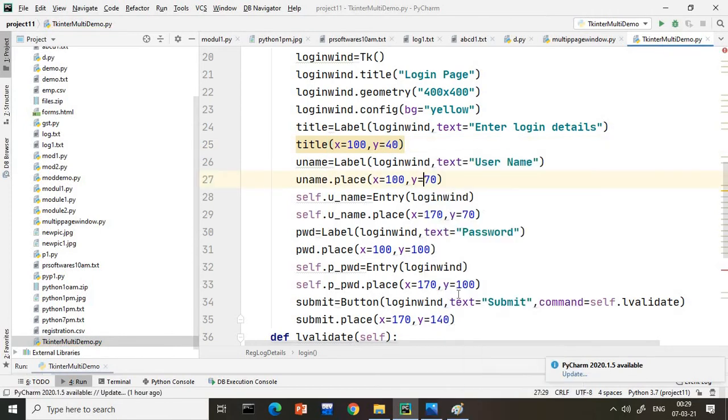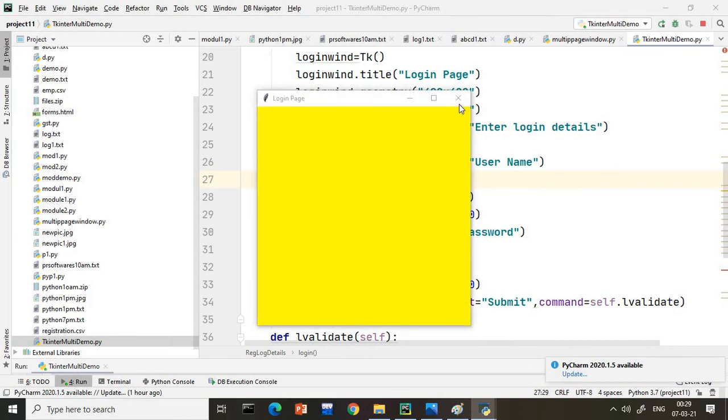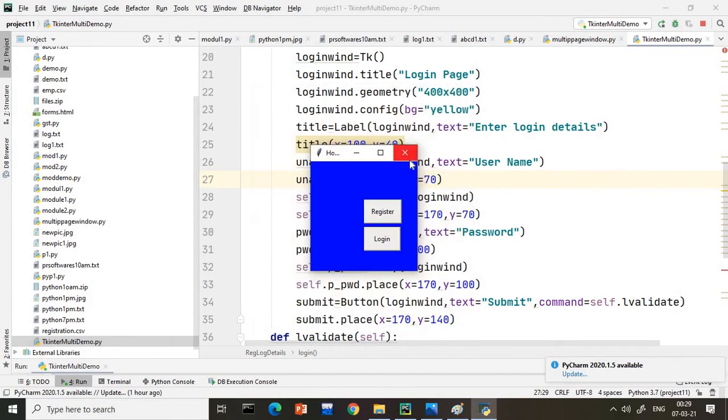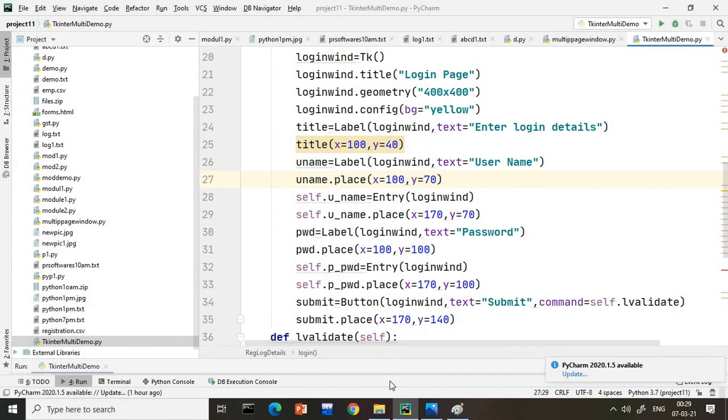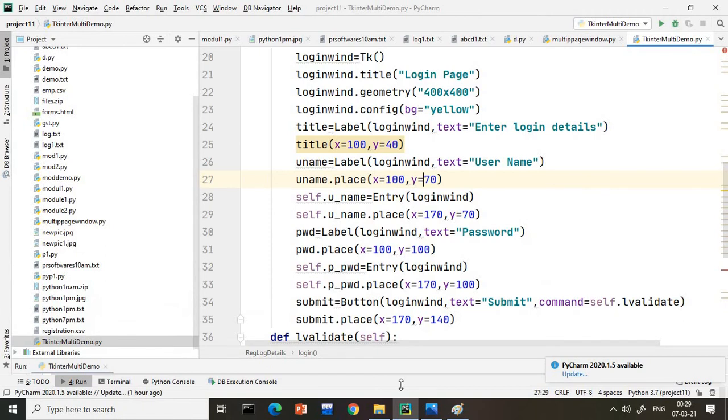Now our page will look better, you can see it. Oh, nothing is coming. Why? Something went wrong. Let us check what happened to this label we are creating. Label object is not callable.